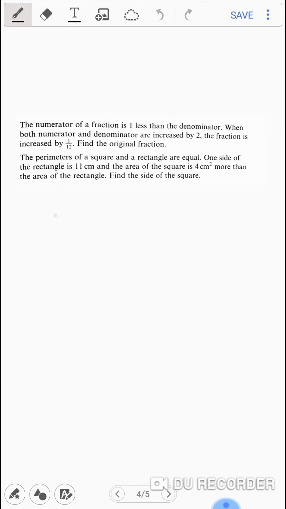Next is, the numerator of a fraction is 1 less than the denominator. If I am keeping denominator as y and numerator as x, so it is said that the numerator of the fraction is 1 less than the denominator. I am putting this as x, so this is x minus 1. When both numerator and denominator are increased by 2, so I am adding 2 to them, the fraction is increased by 12. So the fraction which was